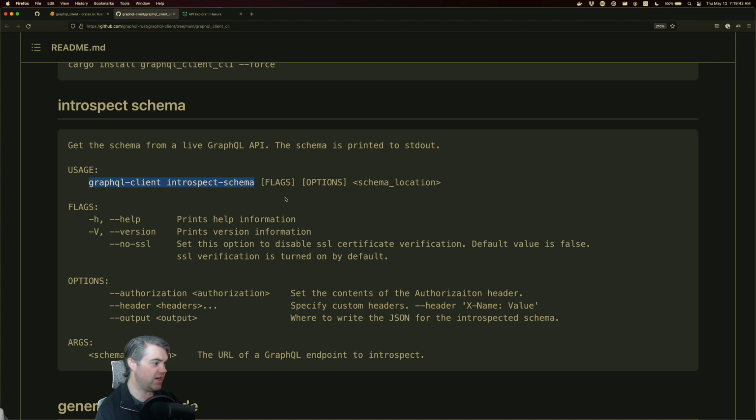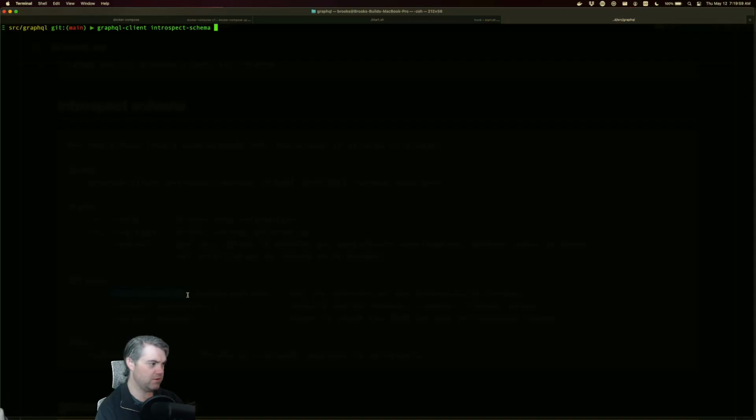All right, so flags. Don't need any flags. Options: authorization, set the contents of the authorization header. And then authorization. Okay. So we have set up, I think it's